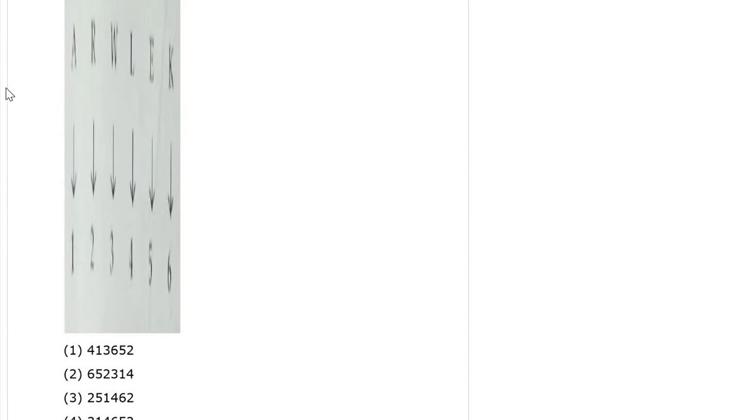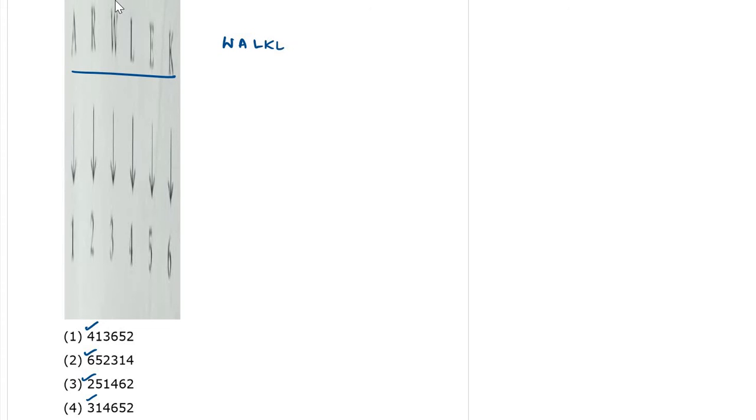So arrange it in a manner. This one is a letter number code. So letter to number. They assigned A to 1, R to 2, like that. They give the hint also. 4, 1, 3. Like that some hint also given. Previous year question also we made it. So from the letters, how can we make it? The fourth letter we can start L. Start from L. This one is K. This one is 2. This one is 3. So I am making from here, Walker. The correct answer is Walker.